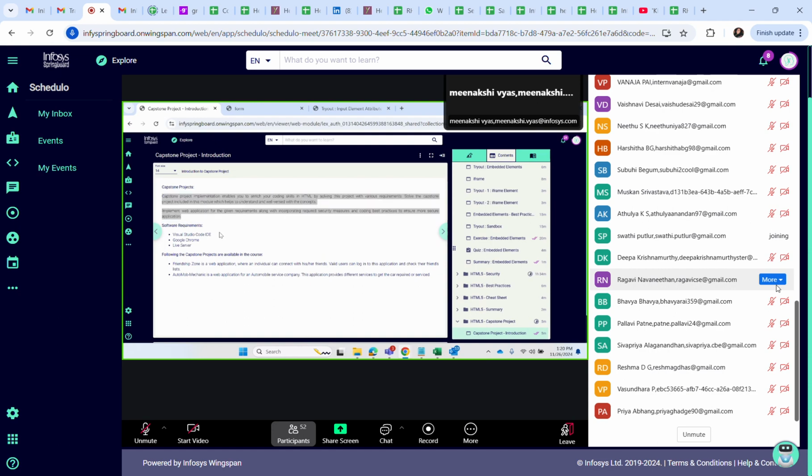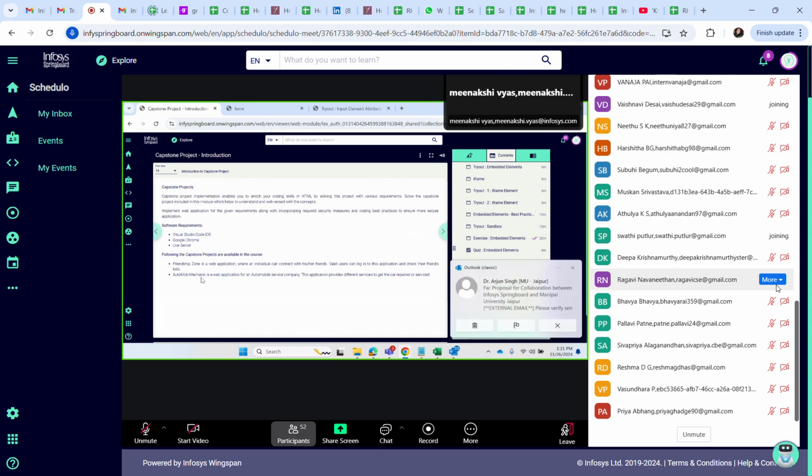You have to implement a web application for the given requirement, incorporating security measures and code best practices. So Friendship Zone is a web application. It is similar to Facebook, where users can interact and connect with friends. A valid user can log in and check their friends list.